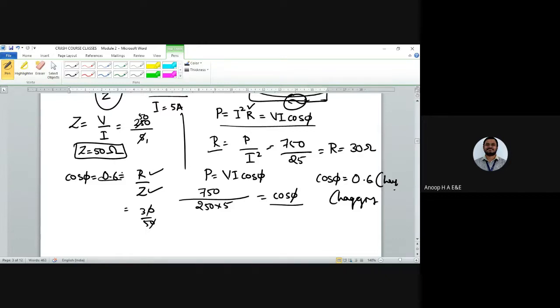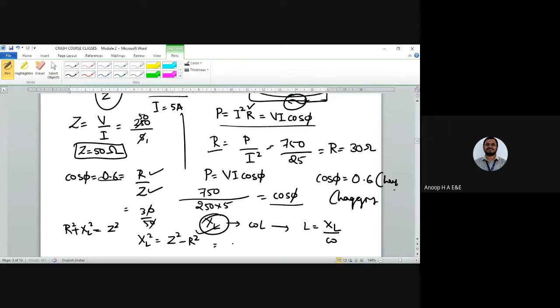Okay. So next what you need to do is find out the inductive reactance and later the inductance of the coil. So XL would lead to L, that is omega L. So you can find out L, that would be equal to XL divided by omega. So first thing you need to remember is R squared plus XL squared would be equal to Z squared. So XL squared would be equal to Z squared minus R squared.